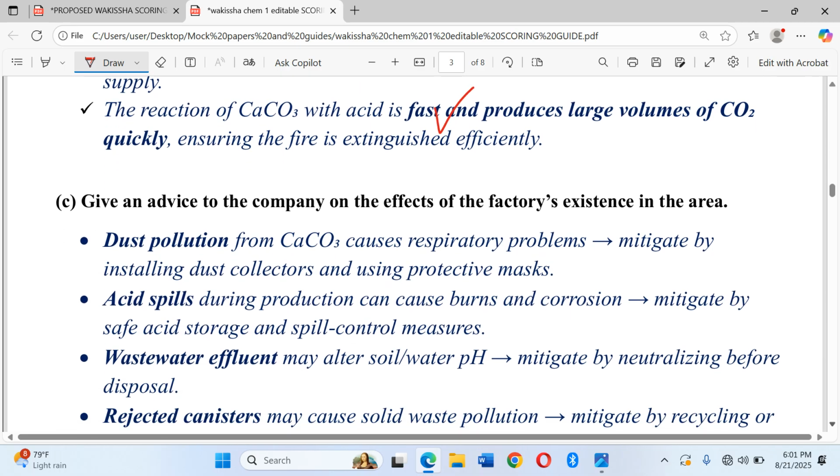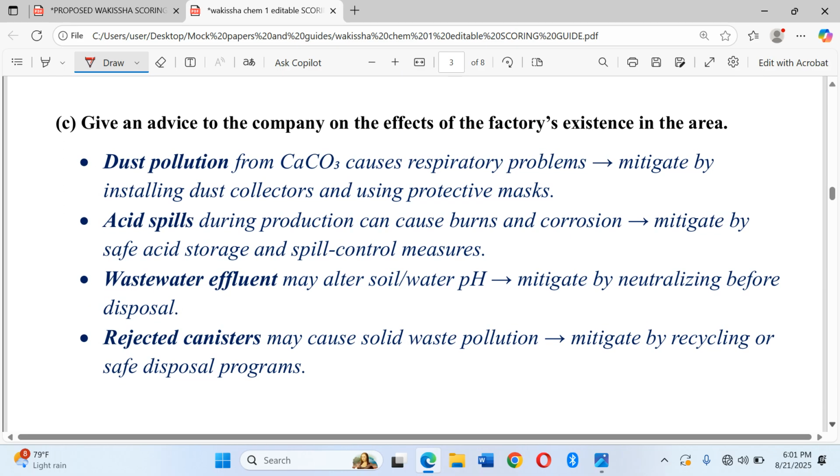Let's look at the last part. The last part is saying, give advice to the company on the effects of the factory's existence. So you recall this factory is going to be producing the fire extinguishers, and they need that substance which is needed to be put in the fire extinguisher, which is the calcium carbonate. So we have seen that during the production of this factory, if it is existing in a given area,